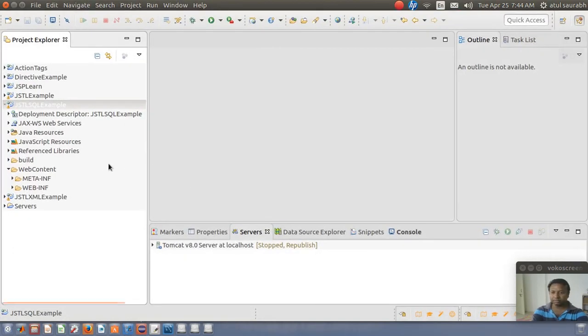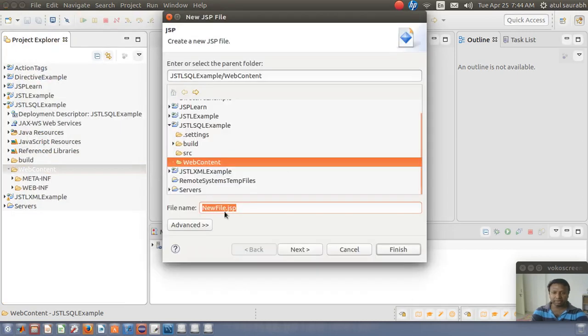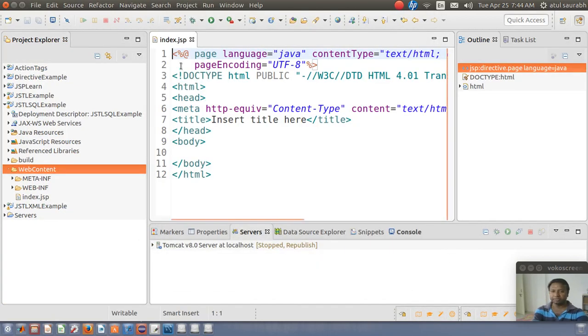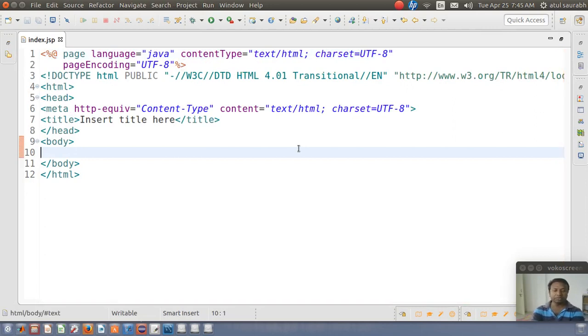So let's start. First of all, I want to create a new JSP file, and I just want to give the name index.jsp. Okay, as you know, before starting any tag from JSTL, we need to tell the page compiler where that tag is.